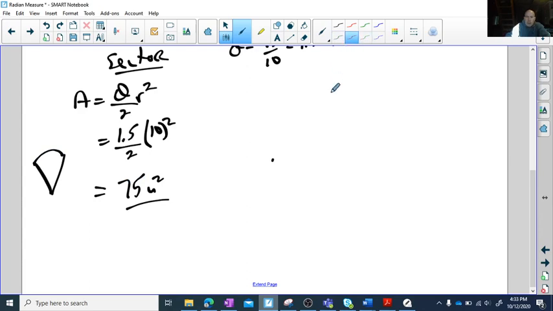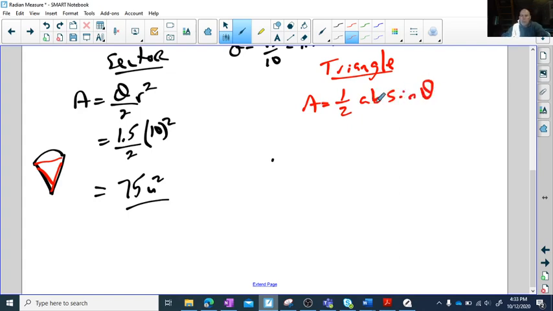Now I'm going to go and do the area of the triangle. And the area of the triangle, which obviously we know what a triangle looks like, it would be this triangle inside here that I'm going to get the area of. So the area of that triangle is 1/2 ab sine of theta, where a and b are the two sides, and theta is the angle between those two sides. So I'm going to go 1/2 a, which is 10. Your other side is 10, sine of my angle, which is 1.5. All right, so now here is